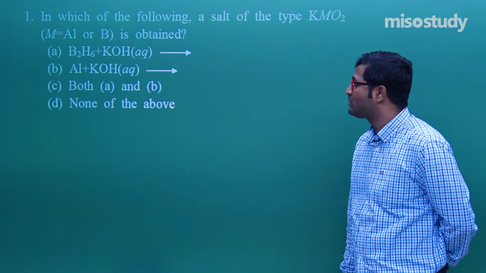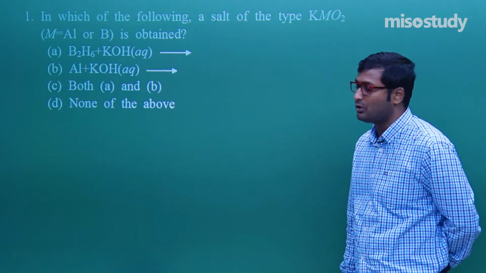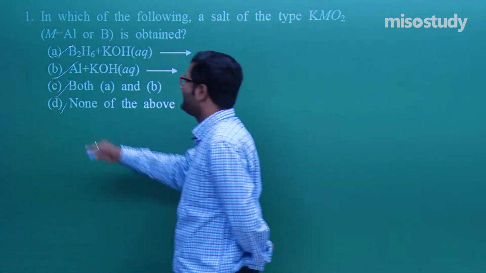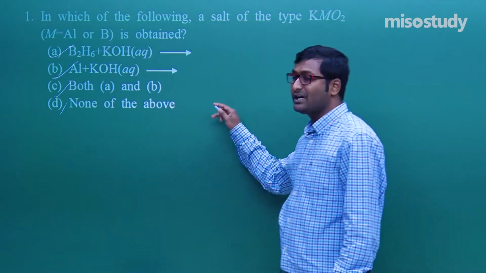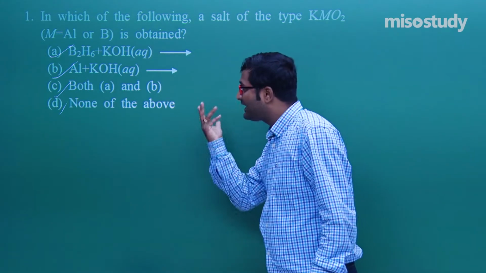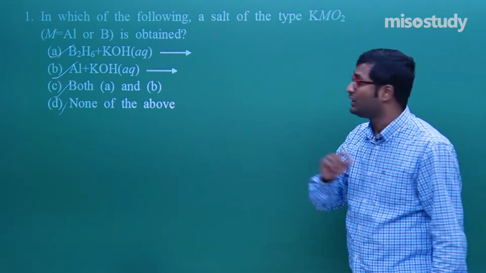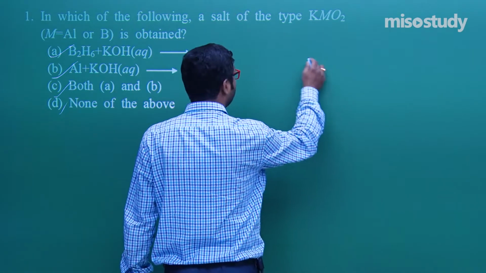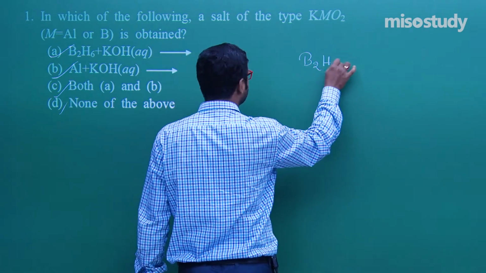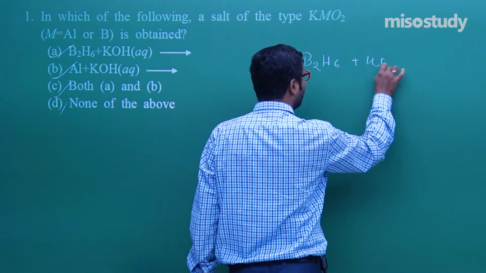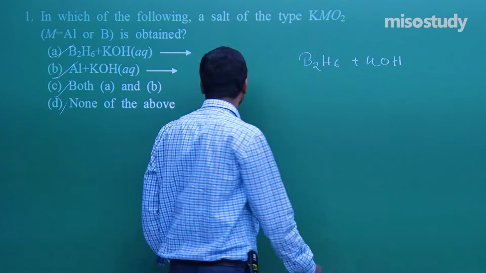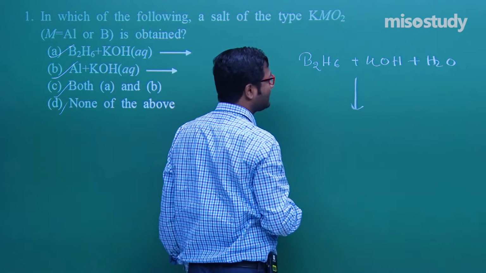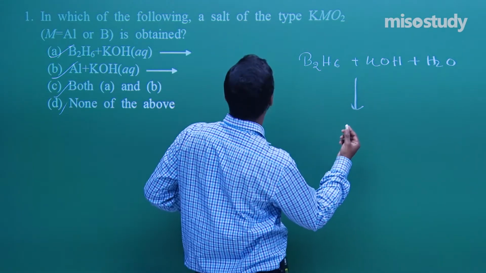Now we have to complete the reaction, and as I told you earlier, when we solve reactions, do not remember the reactions, just follow the trick and technique for how to proceed. So first of all, complete the reaction. What will happen? Look at what I'm telling you, friend: B2H6 in combination with KOH, and aqueous, that is H2O. And in this case it forms the salt